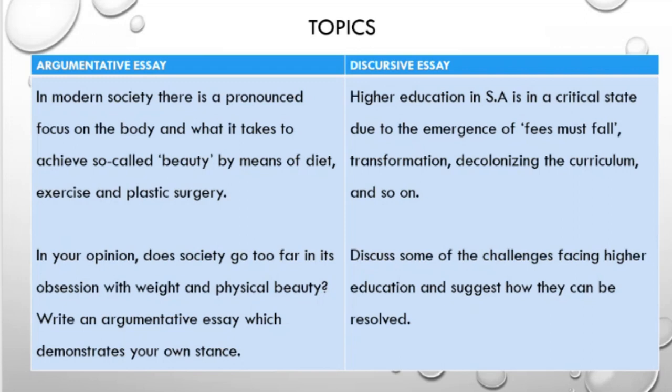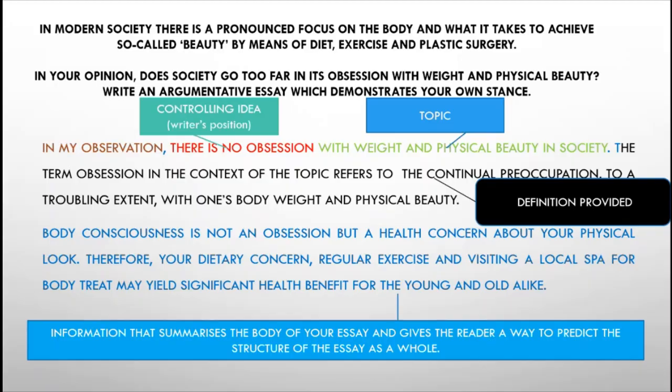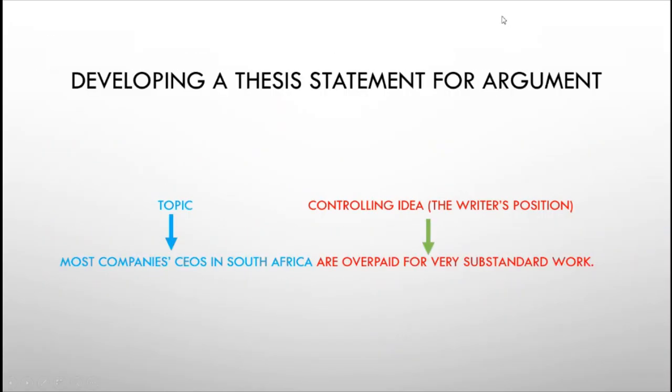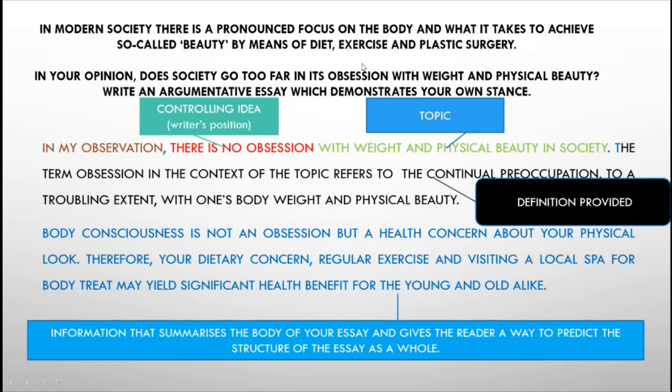It was written by another student. I'm reading here at the top, and we are going to compare. It says, "In modern society, there is a pronounced focus on the body and what it takes to achieve so-called beauty by means of diet, exercise, and plastic surgery. In your view, does society go too far?" So here you have to